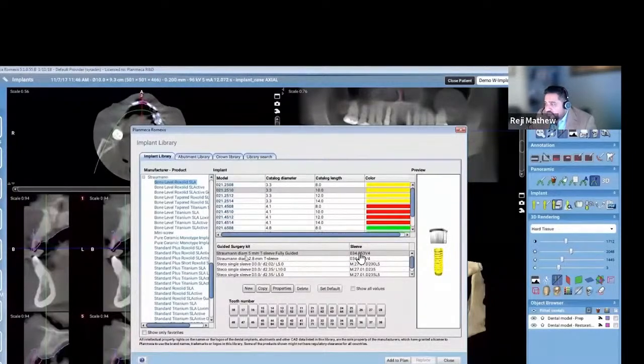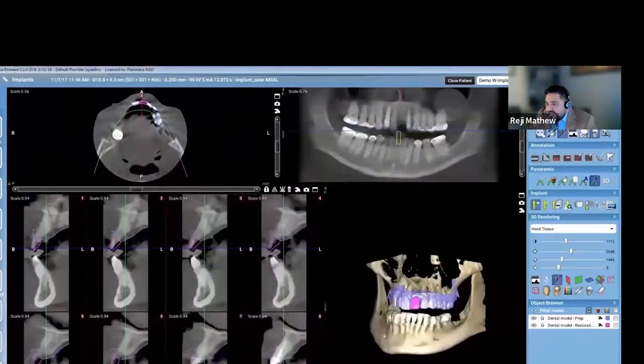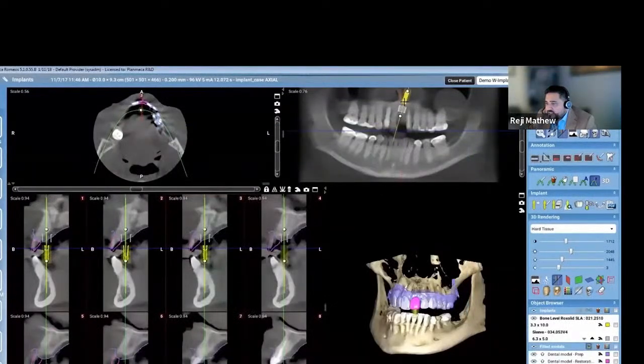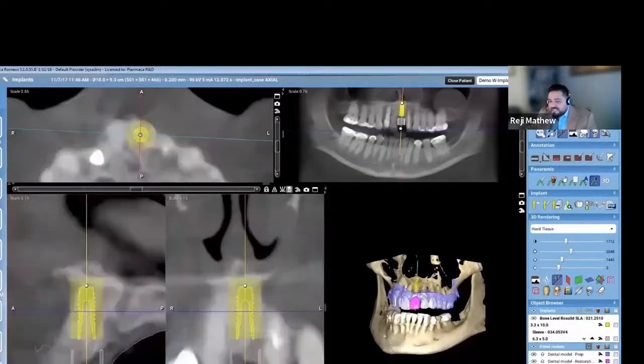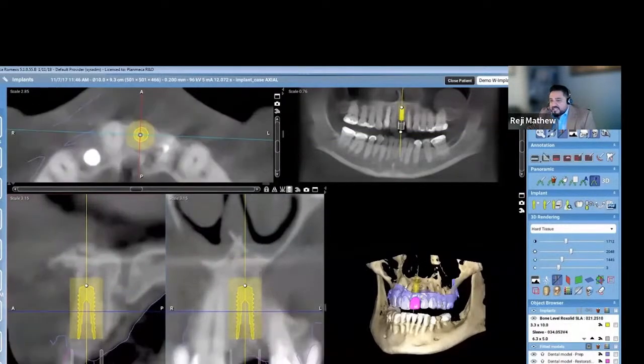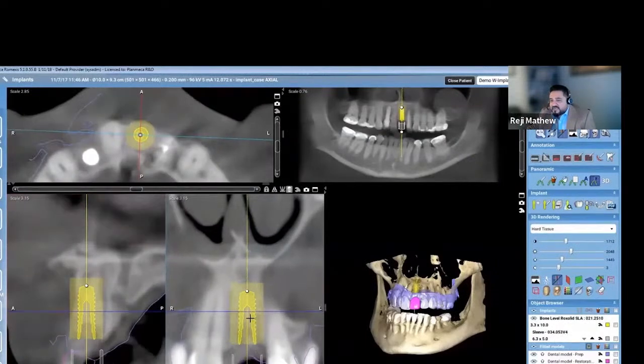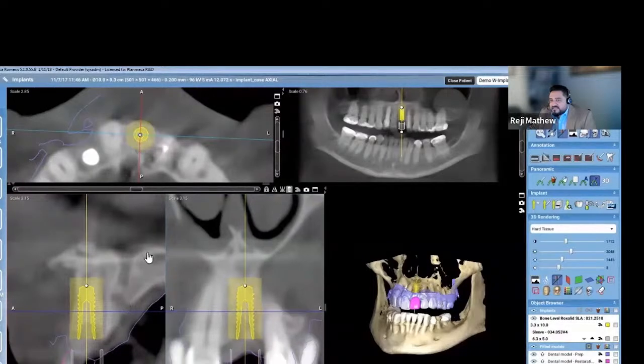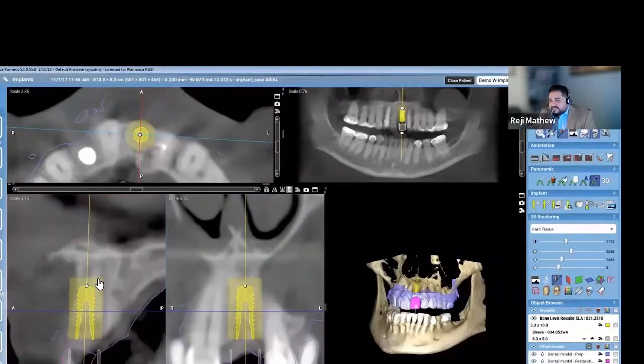Well, the straw man also has the sleeve, which we get from the straw man. So we add that implant to the area where you wanted to place it. You place that implant, and you can look at that centric occlusion. You can look at the plan and see how that implant can be placed on axial, sagittal, and coronal images. You can see those axial images right here, and this